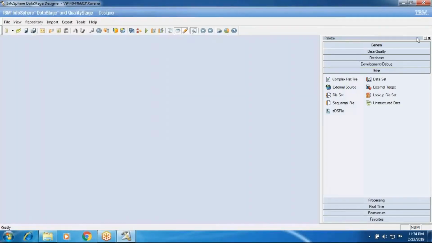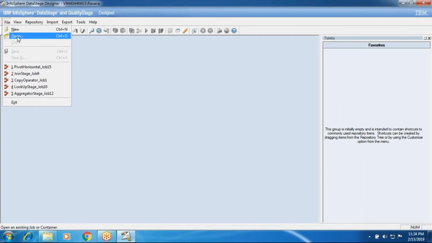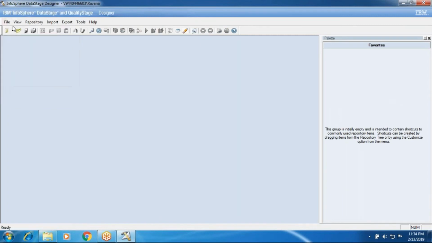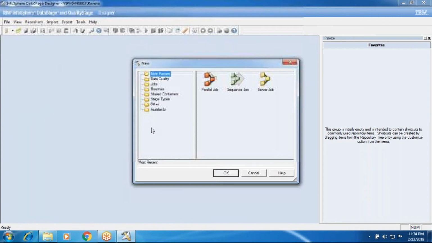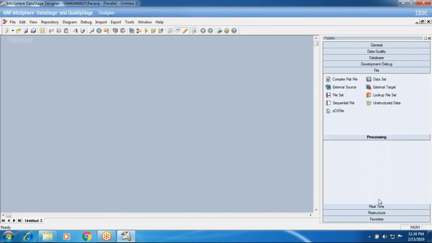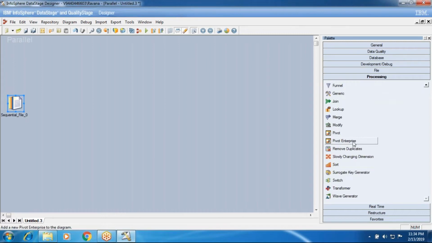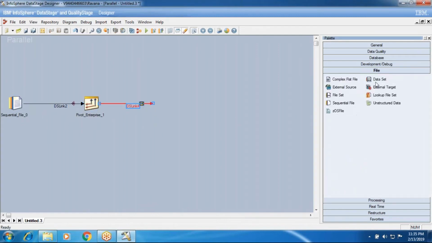We need to take a new job. Again, I'll take the source as sequential file stage. Any database or anything you can take, okay? Sequential file and pivot stage, and I'm going to put a dataset.